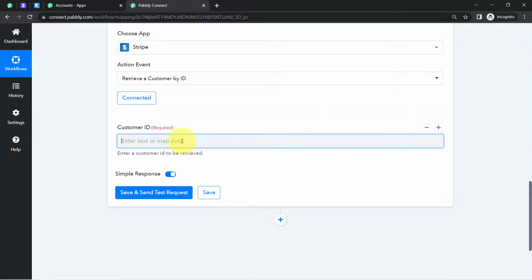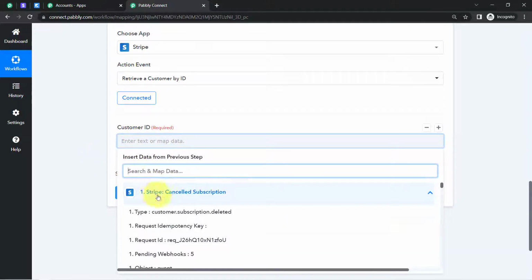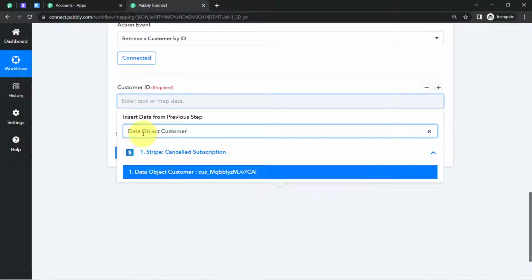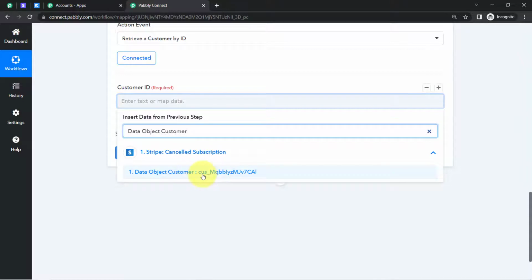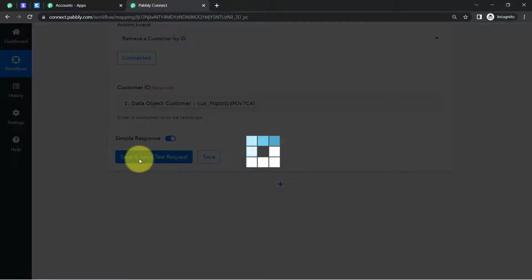If you search for the same ID here in the drop down, you can see the above data, the Stripe data is actually visible here in the drop down. You just need to search for that particular field, for that particular data, and click on that field, and this is how your ID will be mapped. And when you click on this button, you will see the details of the customers arrive here